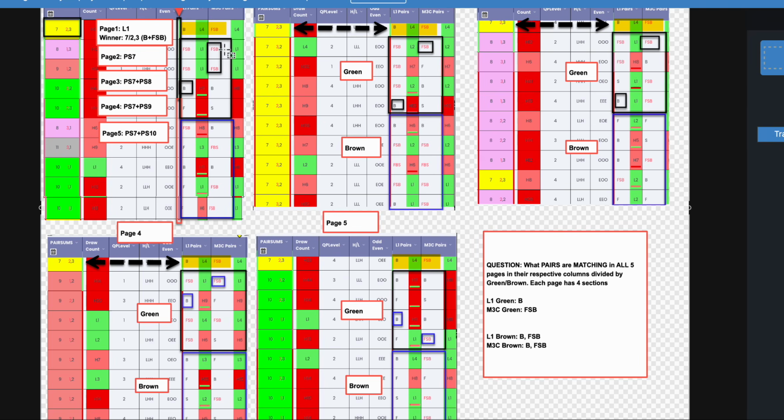Now let's try the M3C. M3C, you have FSB. Okay, FSB is the winner right there. Here's the FSB. The next page that you mixed, here's the FSB. Next page with the pink, here's FSB. And here, page 4, here's FSB. Page 5, here's FSB. And all happen to be in the green this time. And look, now you have green. Guess what? The only possible winner that could have won if they all wound up in the green was FSB